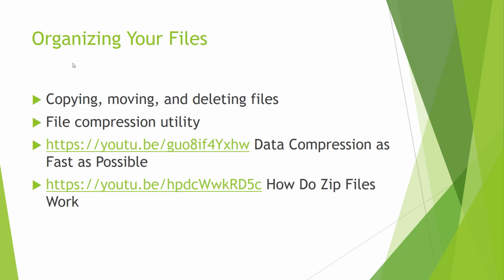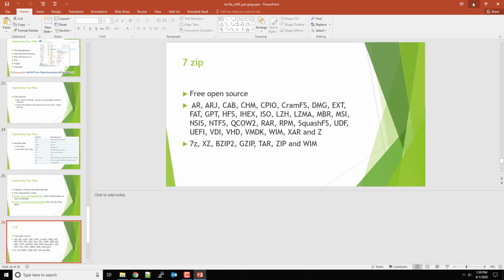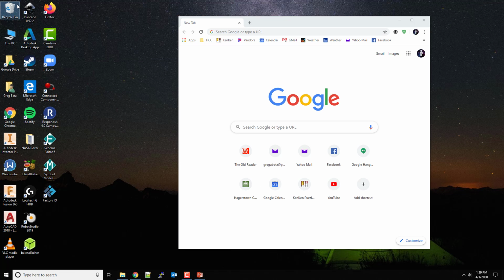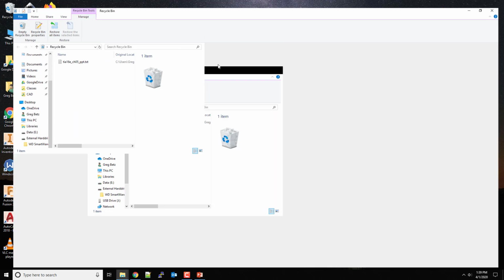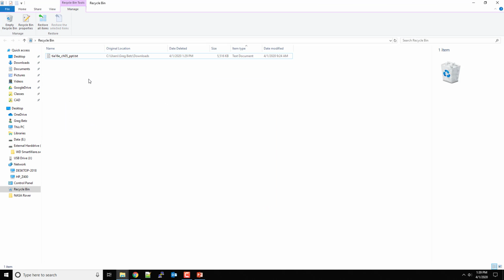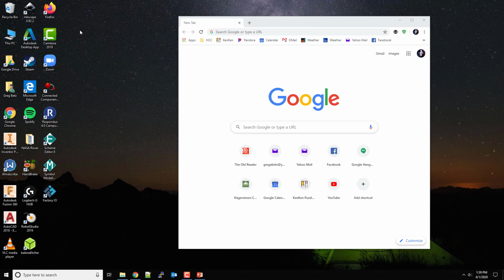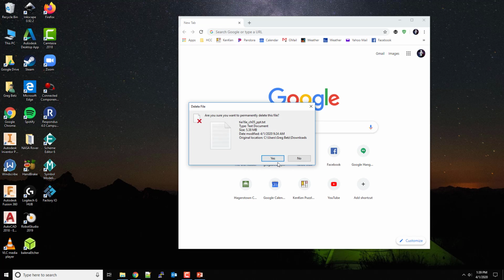Now, the recycling bin is where all of your deleted files go. Let's go ahead and find my recycling bin. Alright, I only have one file in it because I emptied it recently, because I hadn't emptied it and I couldn't tell you how long. So even though I've deleted this file, it is still on my computer. It's still taking up hard drive space until I empty the recycling bin. I'm in the recycling bin, so there is an empty the recycling bin button. You can also right click on the recycling bin and say empty as an option